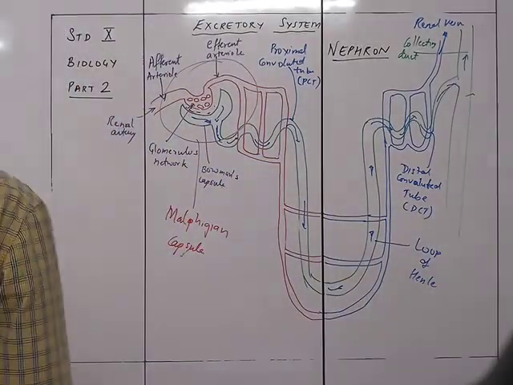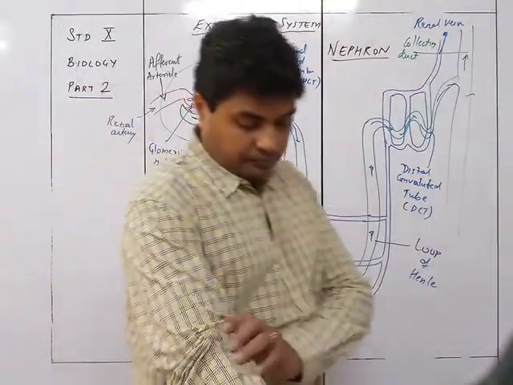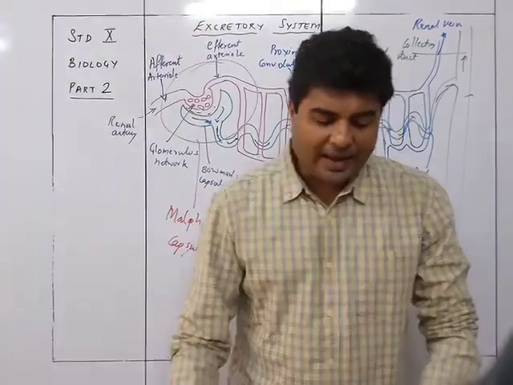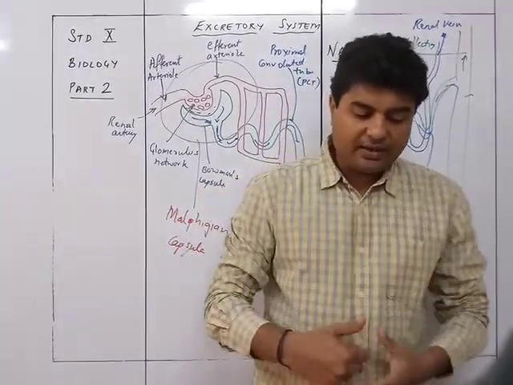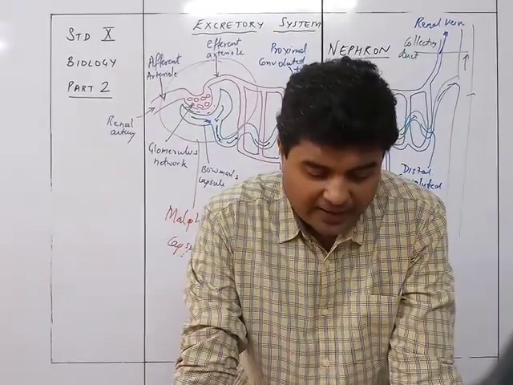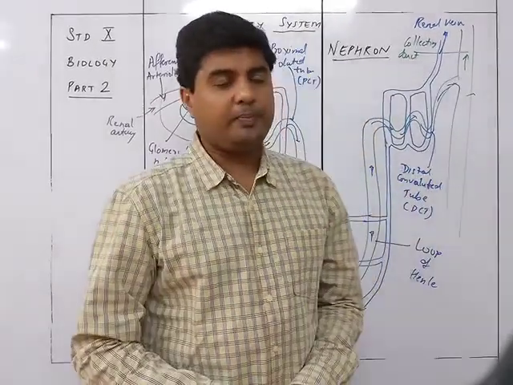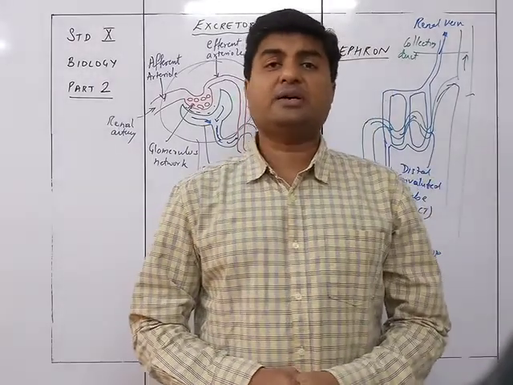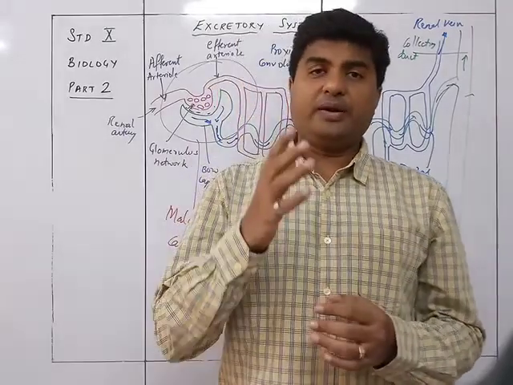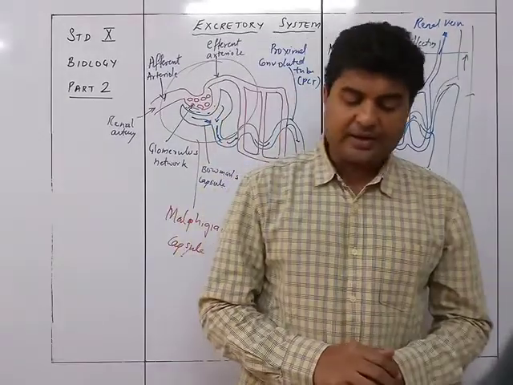Now we continue with the regulation of urine output. The pituitary gland and diuresis, that is increased production of urine. Concentration of urine by water reabsorption is controlled by antidiuretic hormone secreted by the posterior lobe of the pituitary gland. The pituitary gland is an endocrine gland, and we are going to study it in the endocrine system. It produces a hormone called ADH, that is antidiuretic hormone.